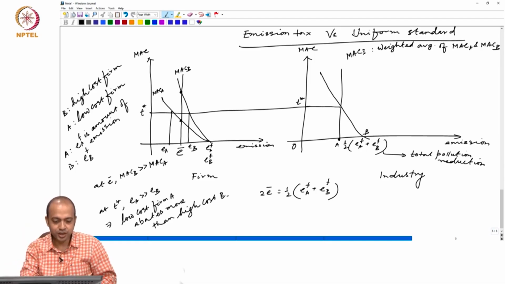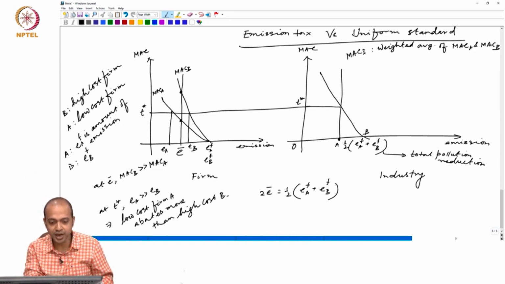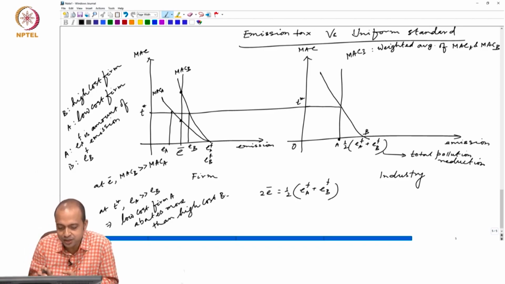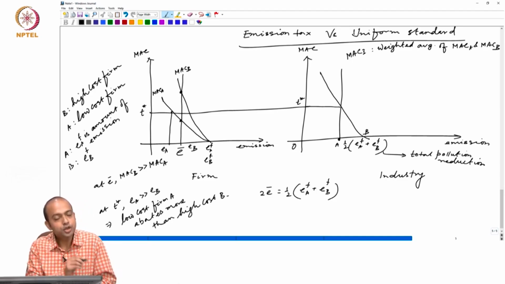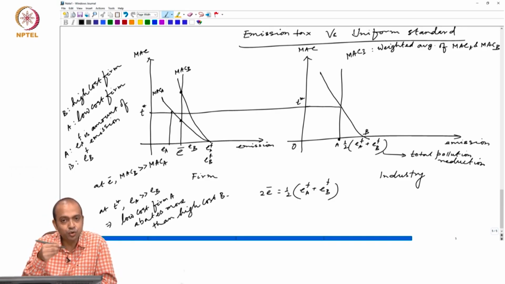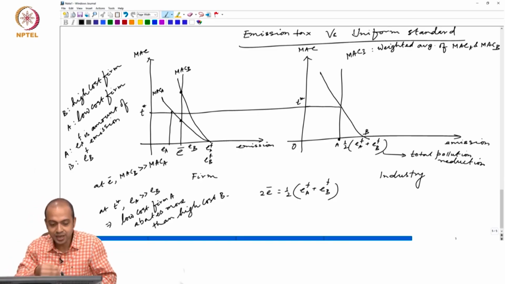Is this clear? When the uniform standard is imposed, firm B's cost of abatement is much higher than firm A's. So, total cost of abatement in this scenario, when uniform standard is imposed, is much higher than when the tax is imposed, because when the tax is imposed, the high cost firm B is abating a lesser amount. What is the amount? This is the amount of pollution reduction. For firm A, what is the reduction? This is the amount. Since firm A is low cost, it is abating much more than the high cost firm B, and as a result of which